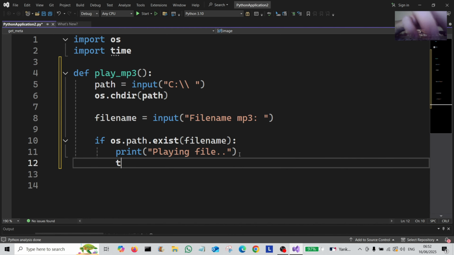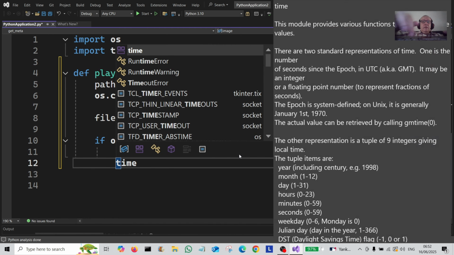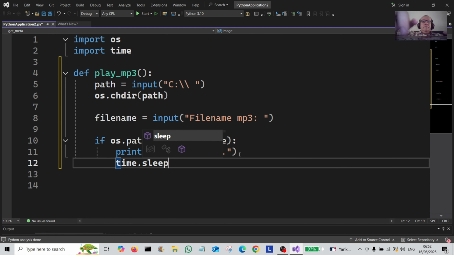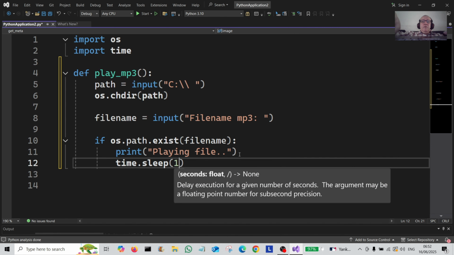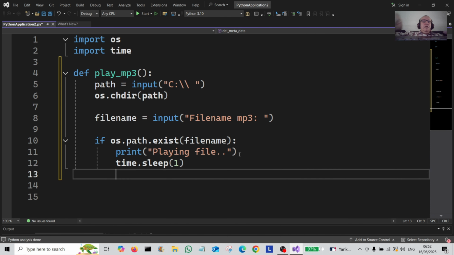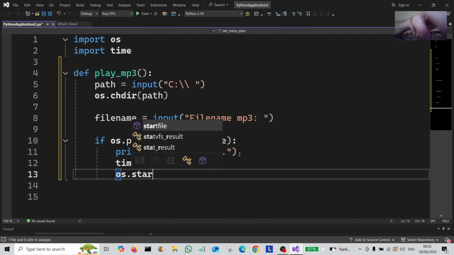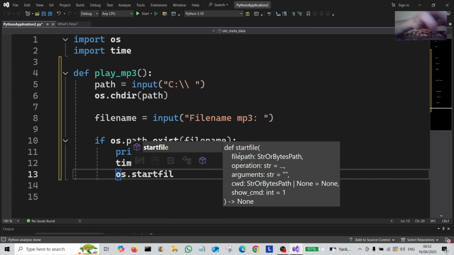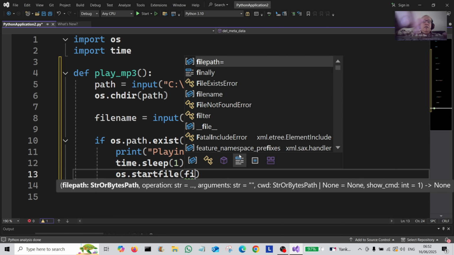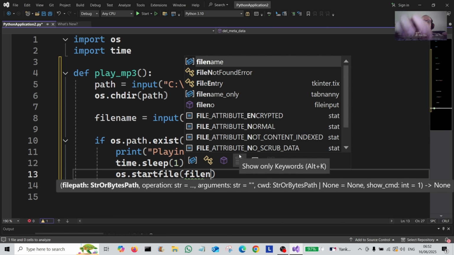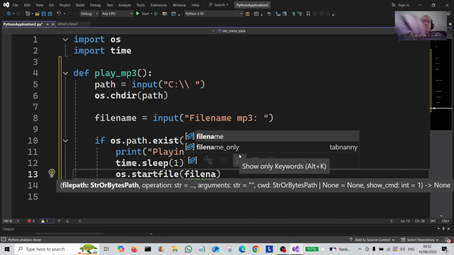So that's going to be time.sleep. It's going to be 1 second there, and then we're going to use os.startfile, and then simply type in the variable here, which is file name,